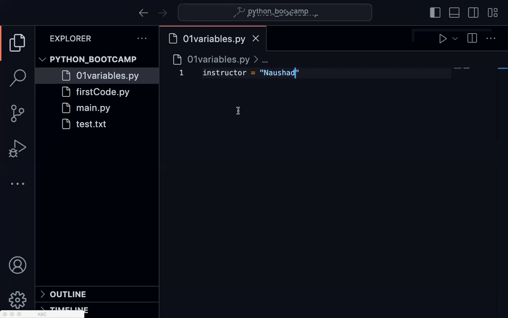Here, the instructor variable is created, and the assignment operator joins Naushad, the instructor name, with the instructor variable. And when I run this code,